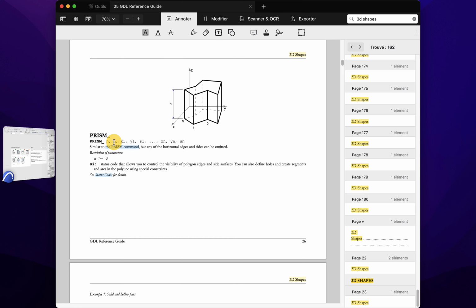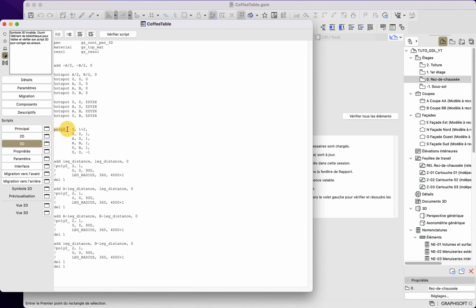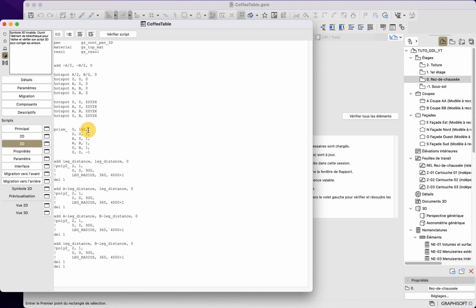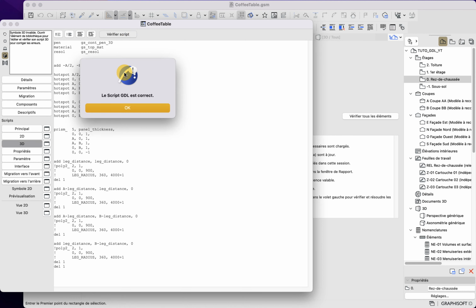The only difference here is that instead of the frame field, we have the height as a second argument here. So here, let's go back here and go prism that way. And now we do not need this status code here. We just need the height of the geometry here. This here is the panel. So what we need as a parameter is the panel thickness. Let me copy paste this and then replace it that way. Now let me check. All good.